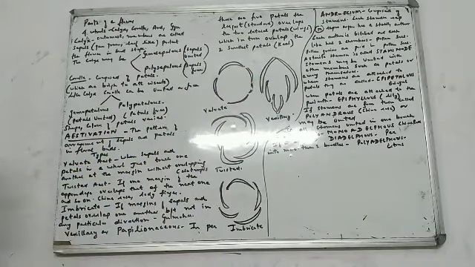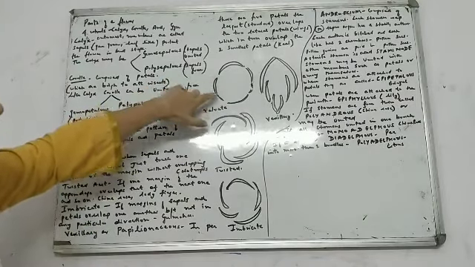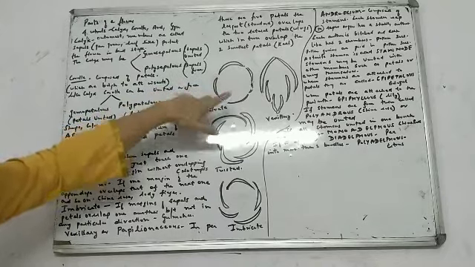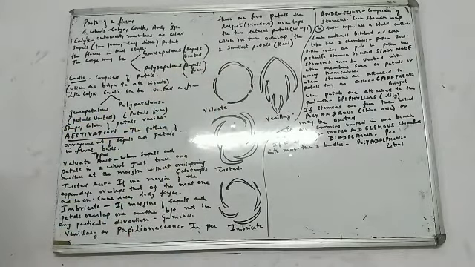So what is happening over here? Sepals and the petals touch each other only at the margins, but there is no overlapping. Such kind of an estivation is known as valvate estivation, V-A-L-V-A-T-E, and you will find it in Calotropis. Now the second kind of estivation is twisted estivation.